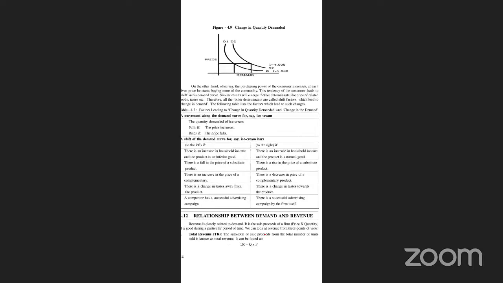Revenue is income which is generated by selling the quantity which is demanded. Total revenue, denoted by TR, the sum total of sales, TR is always equal to Q into P. Q is quantity, P is